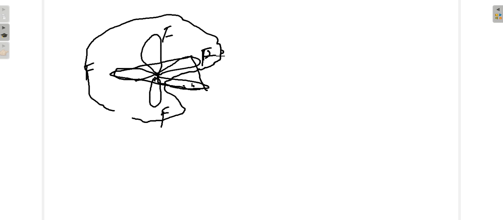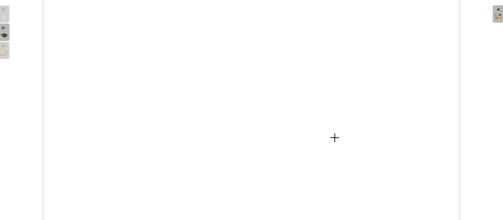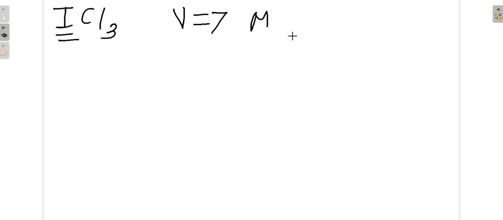So this is SF4. Similar will be SiCl4 and all that. Now let us consider an interhalogen compound, say iodine trichloride, ICl3 or IF3, anything will do. Iodine is a halogen. Number of electrons in the valence shell is 7. Number of monovalent atoms is 3. Cation or anion charge is 0. Index of hybridization will be half of,